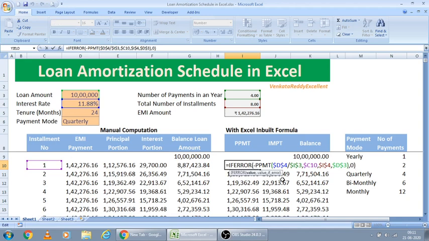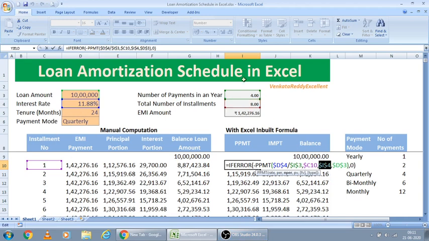If you see inside, here also I put a minus symbol to avoid the negative number. The rate I have given as input here: D4, the per annum rate divided by number of installments per year. The next one is PER. PER is the installment number. In which installment number, how much is the principal component and how much is the interest component, we have to compute. So here I have given the installment number as a link. And NPER is the total number of installments in the loan tenure. Here I4, I have given the link.